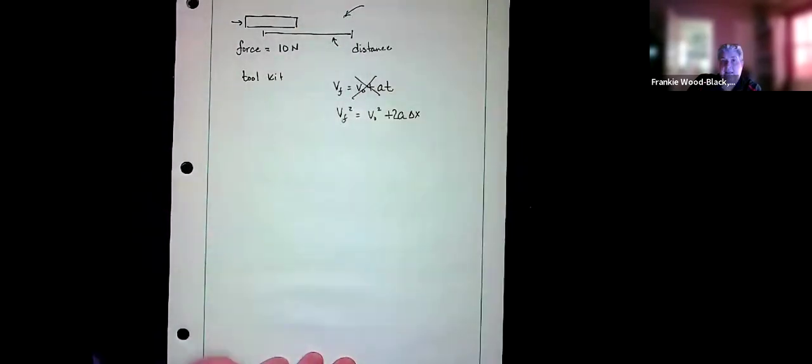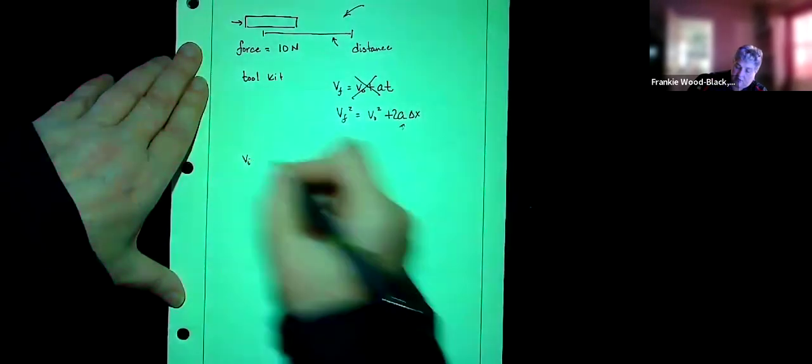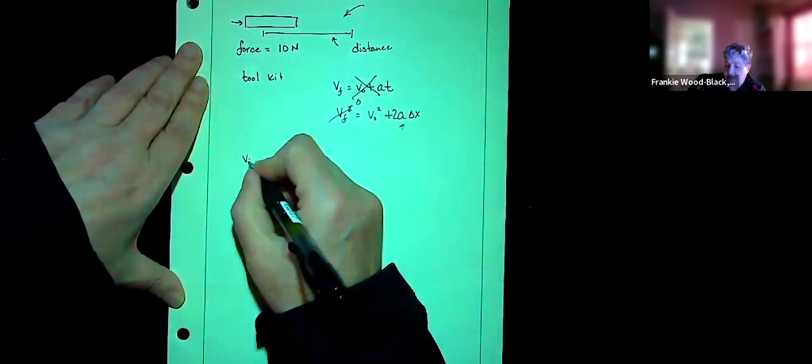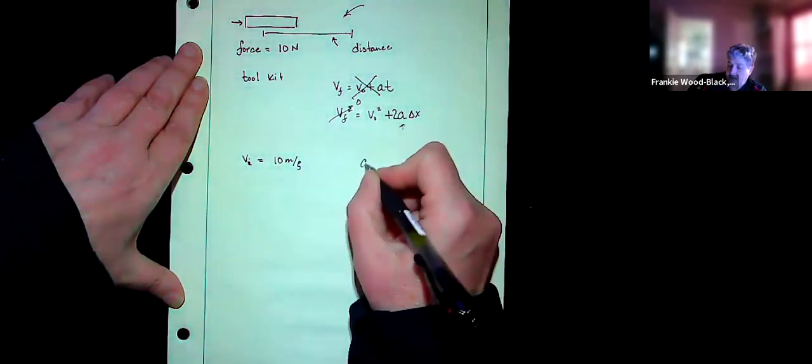Okay, but I do have velocity final squared is equal to velocity initial squared plus 2 times the acceleration times my change in distance. Well, I can look at this and we can play with that in a couple of different ways, but I can actually calculate the acceleration. If I start out, my velocity final is going to equal 0. And if I have a velocity initial, I can say it's 10 meters per second,